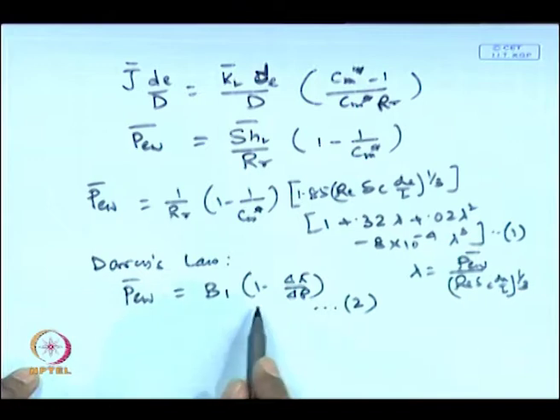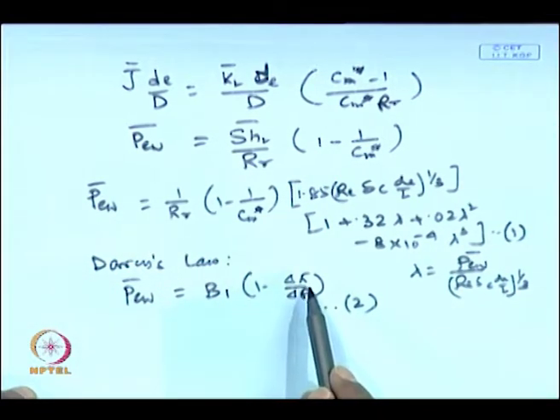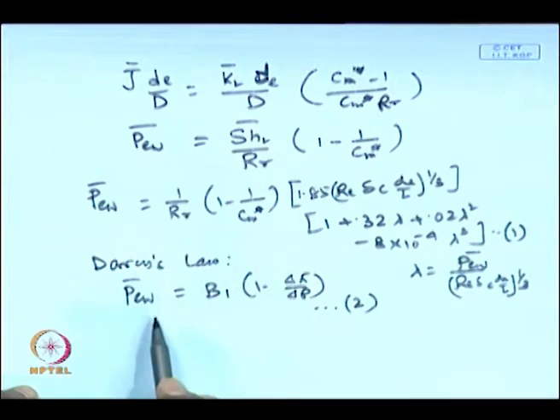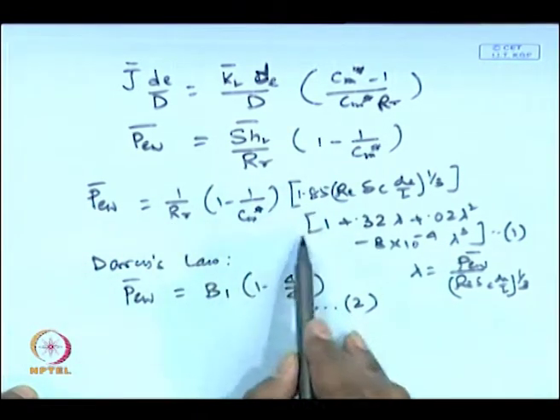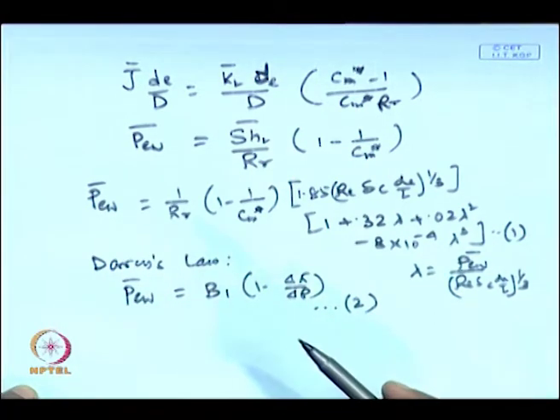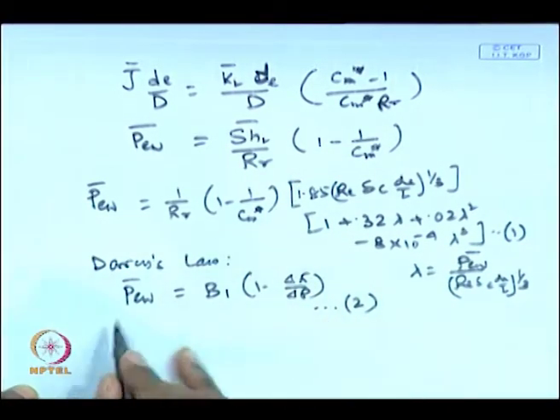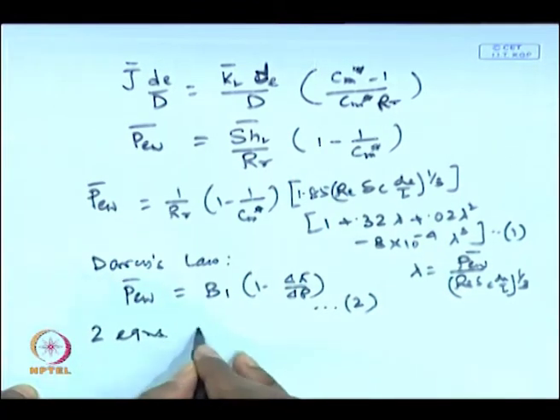Now these we have defined in the last class, that is from the Darcy's law. If you make it non-dimensional, you will get this expression. What is this expression? Delta pi will be a function of Cm star, if you remember. So I will get an algebraic equation between PW bar and Cm star, and another algebraic equation between PW bar and Cm star. Two equations, two unknowns. Now they can be solved by using an iterative technique, some nonlinear algebraic equation solver. So two equations, two unknowns.